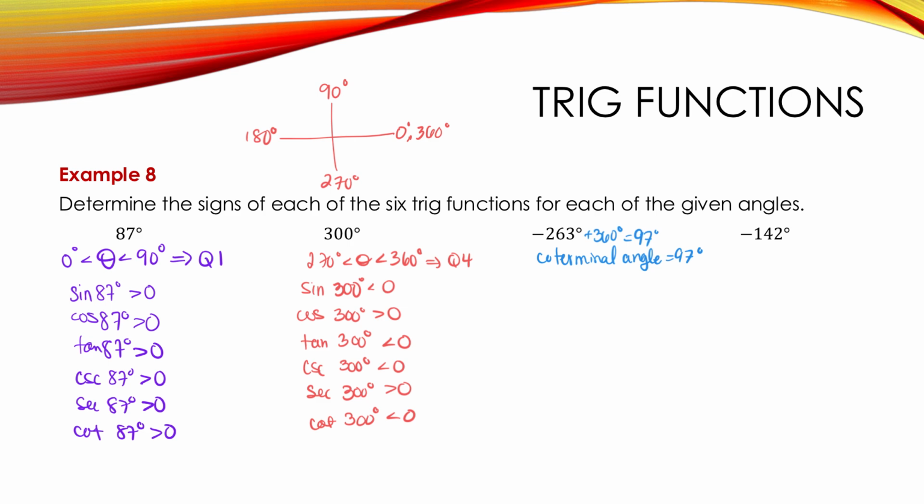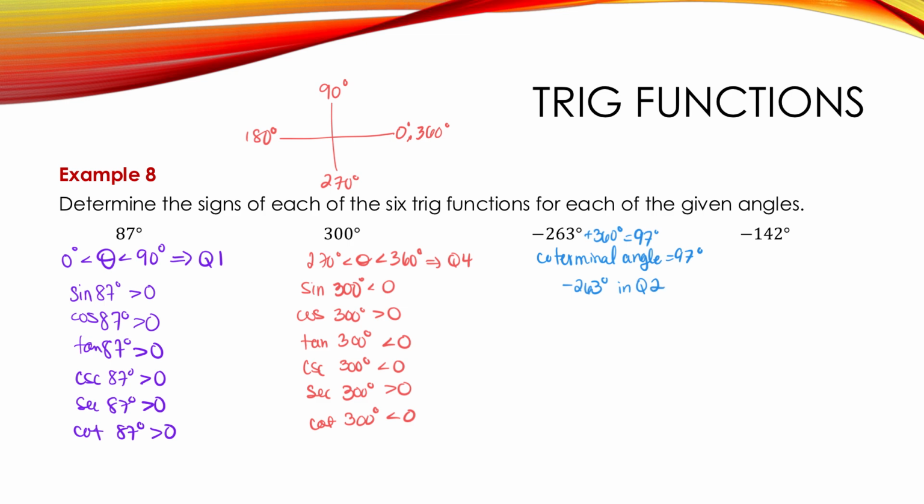is 97 degrees. 97 degrees would put us just past the first quadrant and into the second quadrant. So we would go 90 degrees and then just 7 more. So we'd end up something right in here. So this 97 degrees in the positive direction is negative 263, or 263 degrees in the negative direction. They are coterminal. So we can then say, okay, then we know that negative 263 degrees is in quadrant